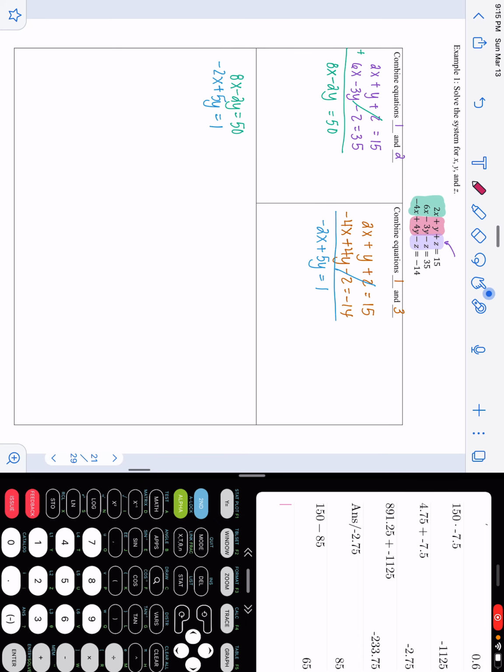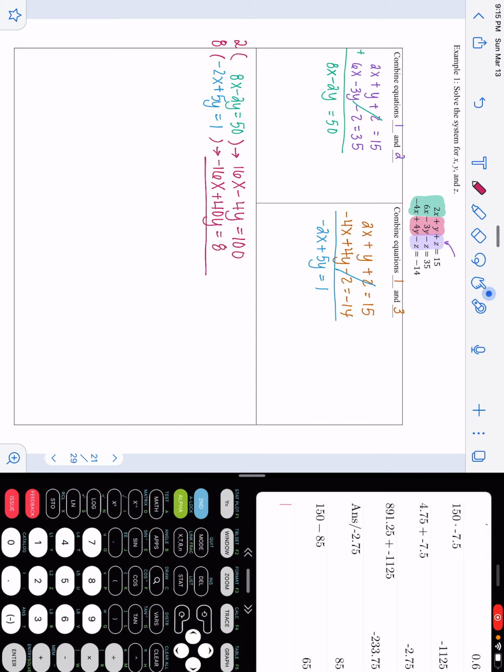All we have to do is solve this by elimination. Gonna multiply my top equation by 2, my bottom equation by 8. Multiply my top equation by 2, I get 16x minus 4y equals 100. Multiply your bottom equation by 8, we get negative 16x plus 40y equals positive 8, and now we can